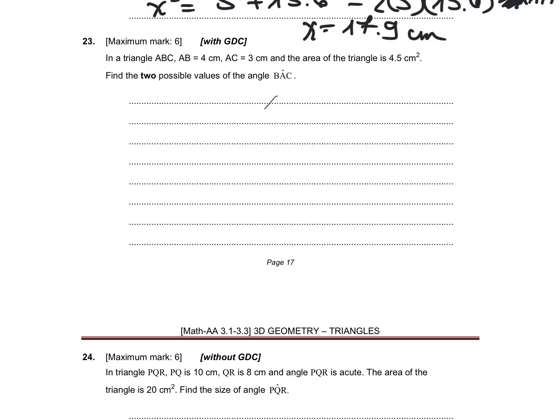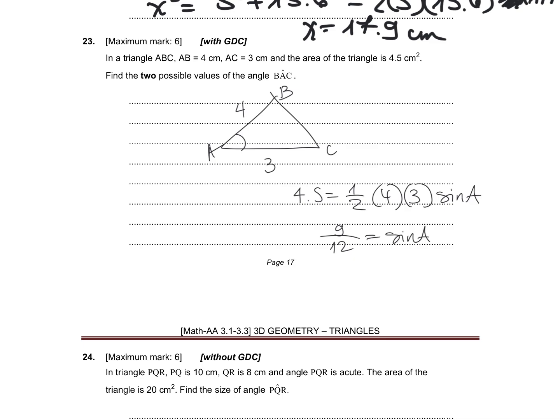All right, 23, in a triangle we've got all that stuff. So A, B, C, AB is 4, AC is 3. We are going to look for that angle, 2 possible values. So we're going to have A, which is 4.5, equals 1/2 AB sine C. Okay, so we've got 9/12 is sine A, or 3/4. So it's not a special right angle, but whatever. This gives 48.6 degrees, and we just need to do 180 minus that to get 131.4